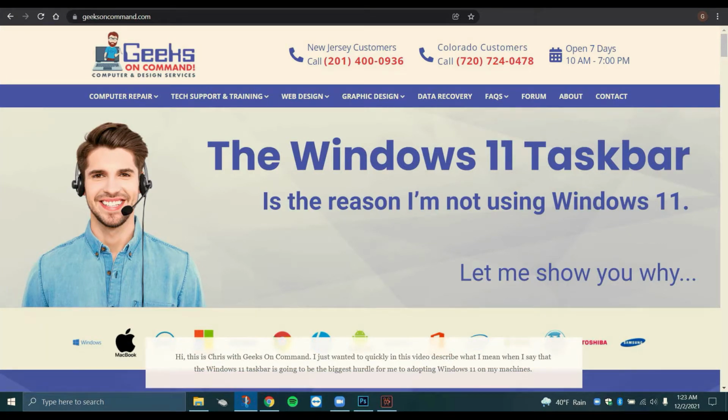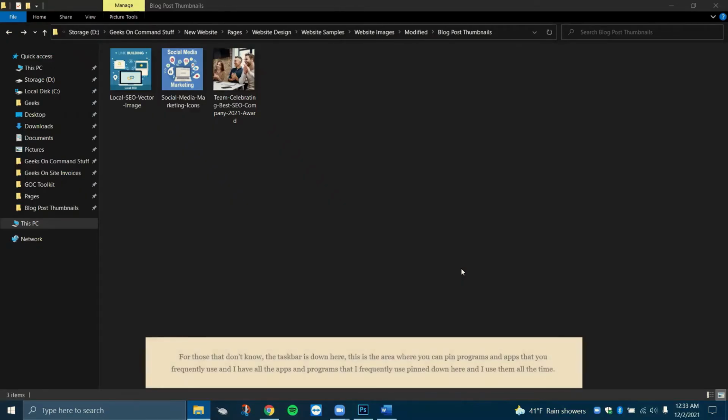I just wanted to quickly in this video describe what I mean when I say that the Windows 11 taskbar is going to be the biggest hurdle for me to adopting Windows 11 on my machines. For those that don't know, the taskbar is down here. This is the area where you can pin programs and apps that you frequently use. And I have all the apps and programs that I frequently use pinned down here,